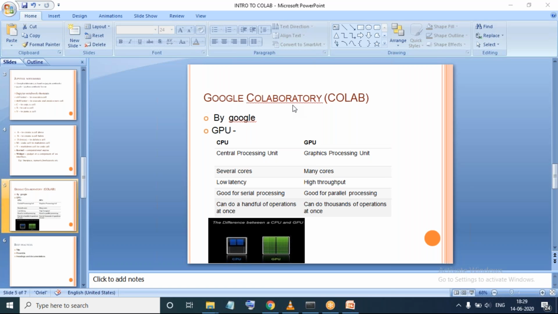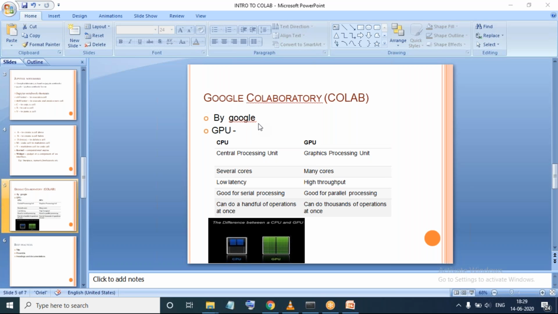Once you know Jupyter Notebooks, it is very simple and easy to use Google Colab. Another important thing is that it's not complicated. It's a very simple tool that can be easily used. The major thing about Google Colab is that it gives you a GPU, which stands for Graphical Processing Unit.